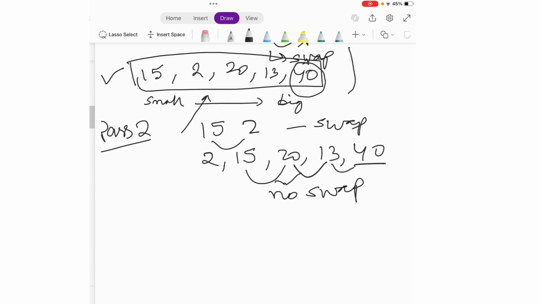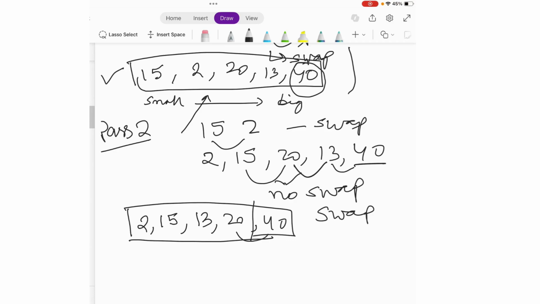So I'll swap them, and it will become 2, 15, 13, 20 and 40, which is already there. This is already sorted. Even if you compare this, it will not require swapping. So we just need to go to the second last element only in this pass number 2. Okay, so after pass 2 my array is this,